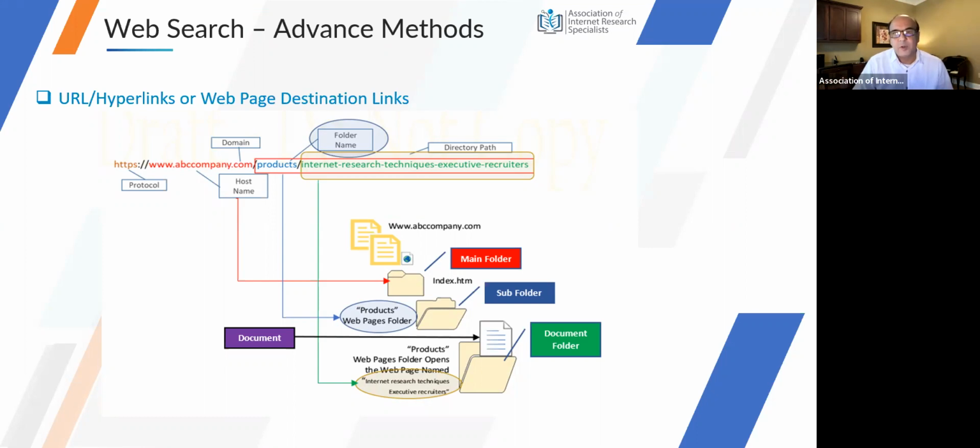Those folders may have different pages or subdirectories, or within a folder you can have subfolders, another subfolder to the second one and the third. And eventually within the last folder, the folder which actually holds the file itself, whether it may be doc or PDF or HTML, whatever it may be,